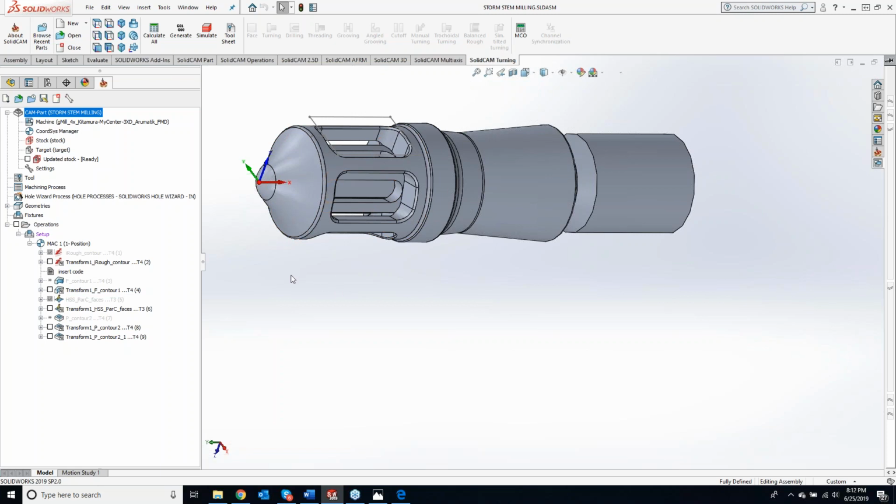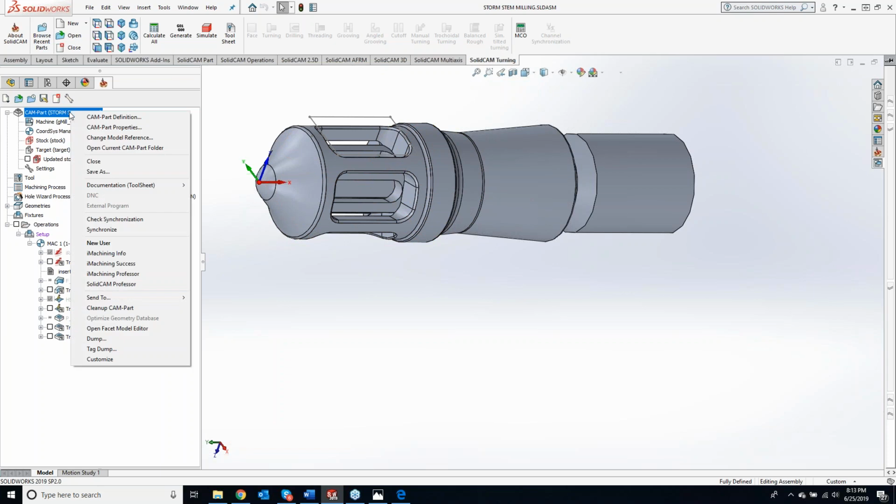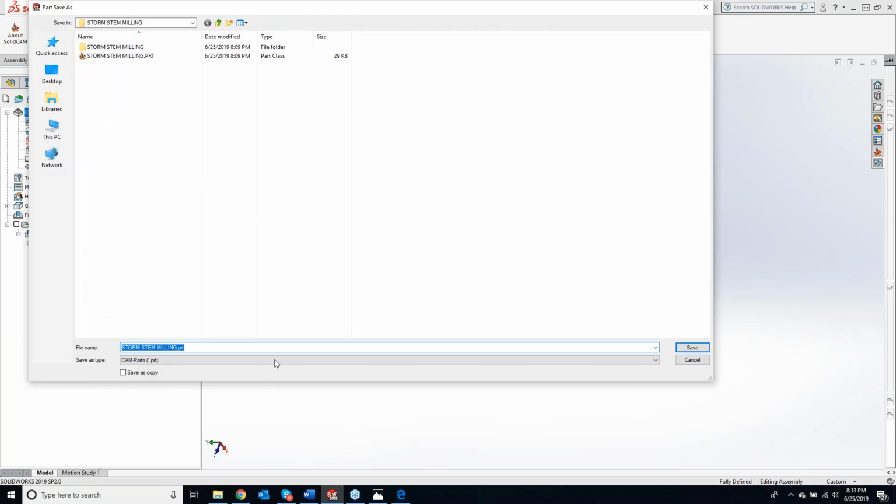And so what we can do in here, even if the part doesn't even look the same, but I want to still use, you know, iMachining with a transform around the 4th axis, doing some pocketing around a 4th axis on a part. Like I said, it doesn't even have to look the same. The biggest thing is you guys can make a copy of this. So what we can do is come up here and do a save as, and I can name this the new part. So we'll just say the new part